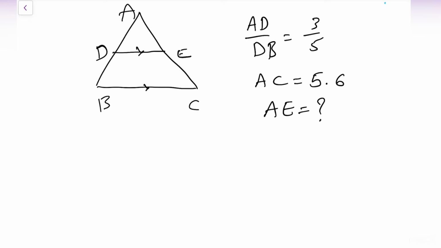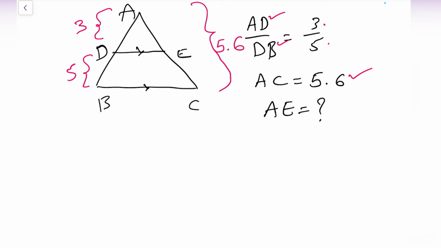They gave one triangle ABC and they said that DE is parallel to BC and AD by DB equals 3 by 5, AC equals 5.6. Then find the value of AE. Okay, let us check once. AD by DB, this upper part is AD and this lower part is DB. The ratio is 3:5. So this is 3 units, this is 5 units. Next, AC is 5.6. AC is nothing but the total measurement of the right side part, which is 5.6, and then we are asked to find AE, this upper part.